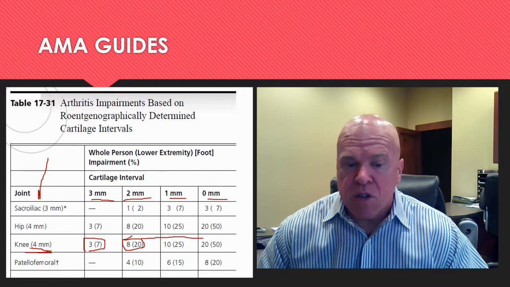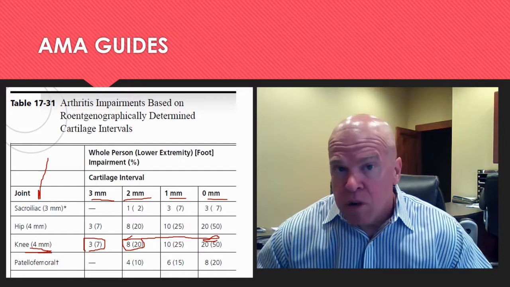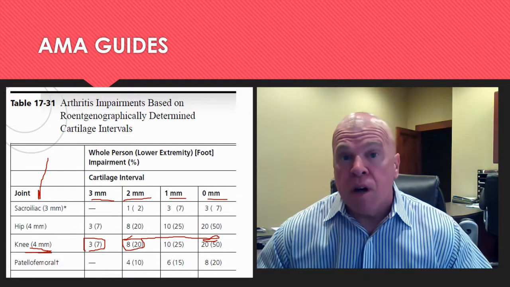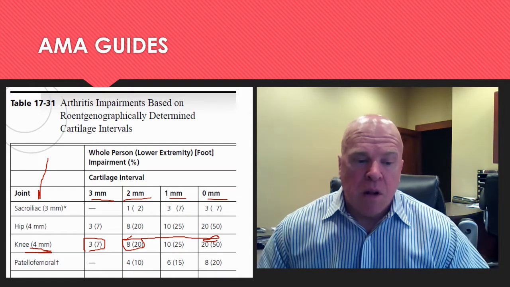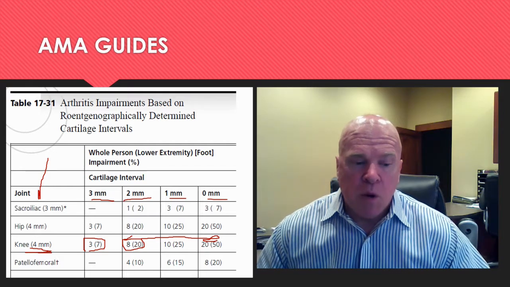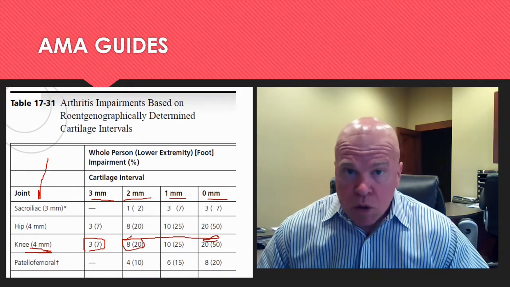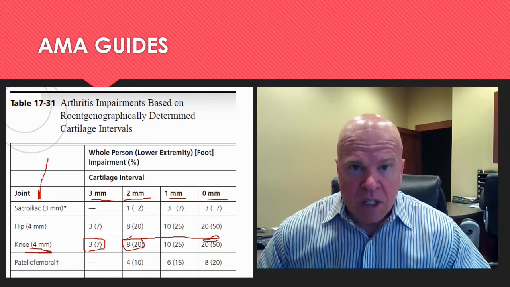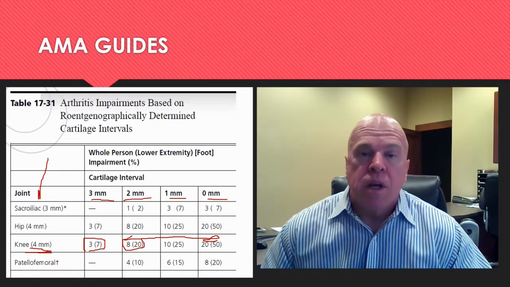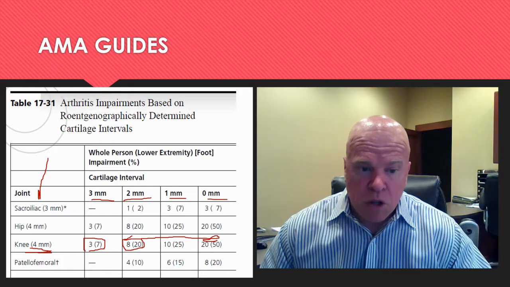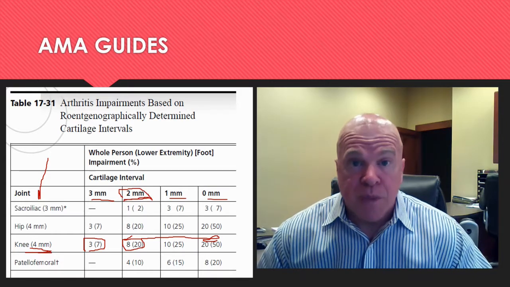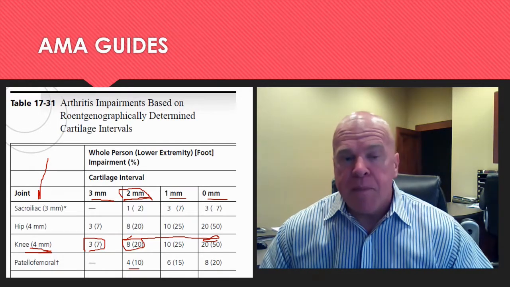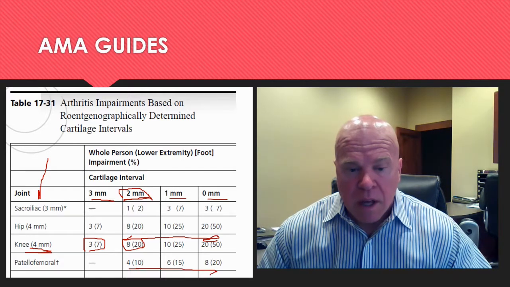And the chart reads in this direction, with diminishing cartilage interval associated with a higher permanent impairment rating due to arthritis of the knee joint. Now for the patellofemoral joint, they do not provide us normal values of the cartilage interval, but Table 17-31 tells us that the examinee does not qualify for permanent impairment until the cartilage interval reaches 2 millimeters or less. At 2 millimeters, the examinee qualifies for 4% whole person impairment,